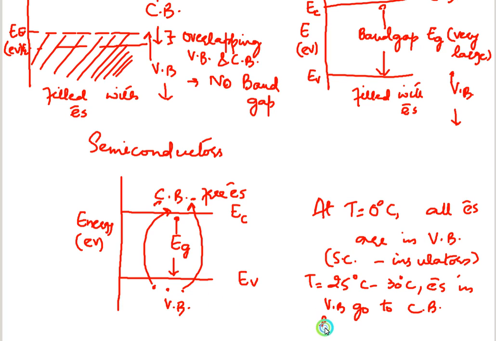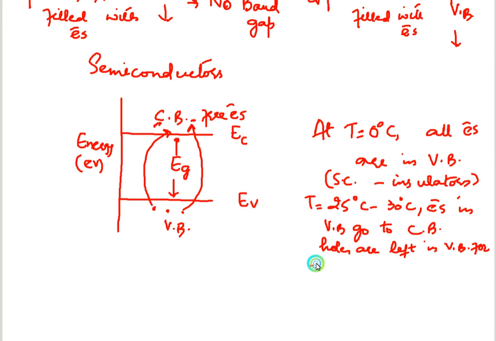Holes are left behind. So holes are left in the valence band for every electron going into where? The conduction band. Okay, going into the conduction band. Now why do we say that at room temperature electrons in the valence band go to the conduction band and holes are left behind? Because